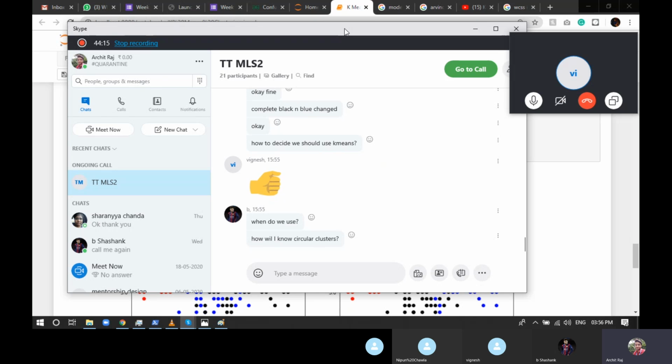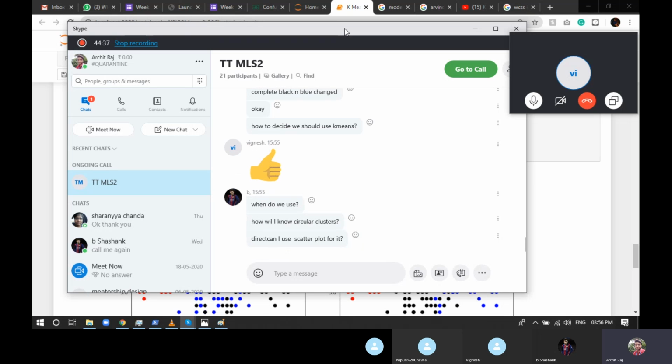There's no answer for that, because there are two situations when you're going to make a model. Either you're doing a machine learning project, or you're working in a company. So if you're working for a project, you'll know what kind of data you're making. You'll see that okay, these are 3 clusters that you want to make. If it's direct, yeah, you can use scatterplot. You can use scatterplot only when you know that there are 3 clusters, or there are different clusters.